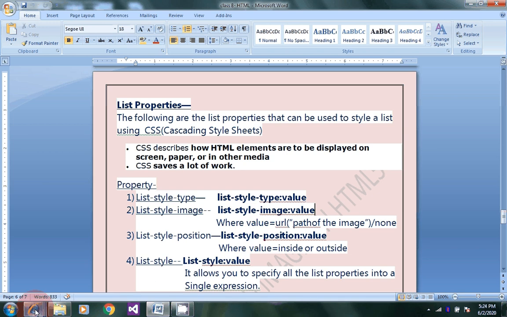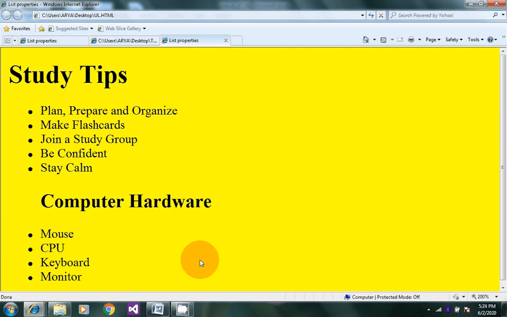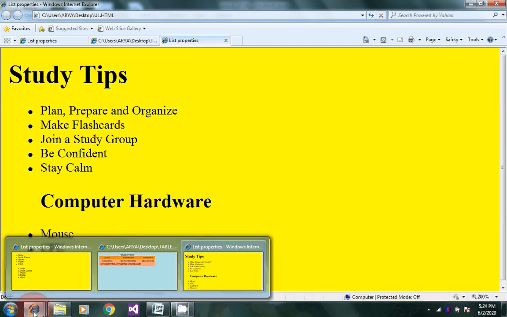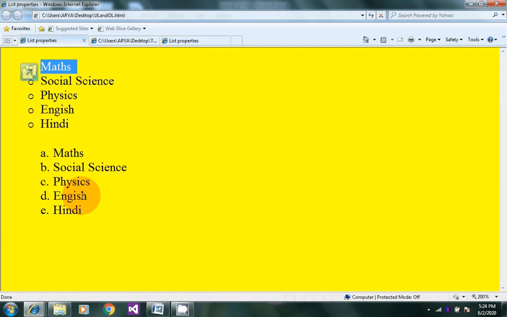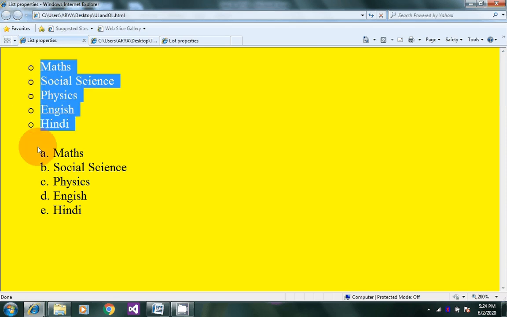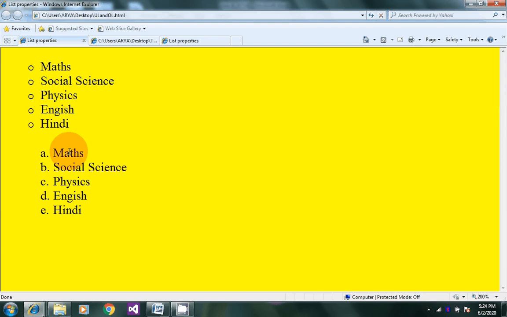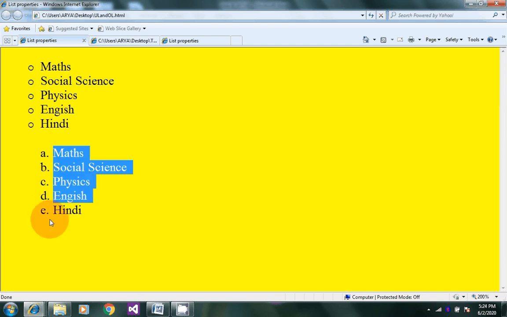Here you see, in the first list the bullets are at this position, but in the second list you see A, B, C, D, E are here, with some gap between both lists.